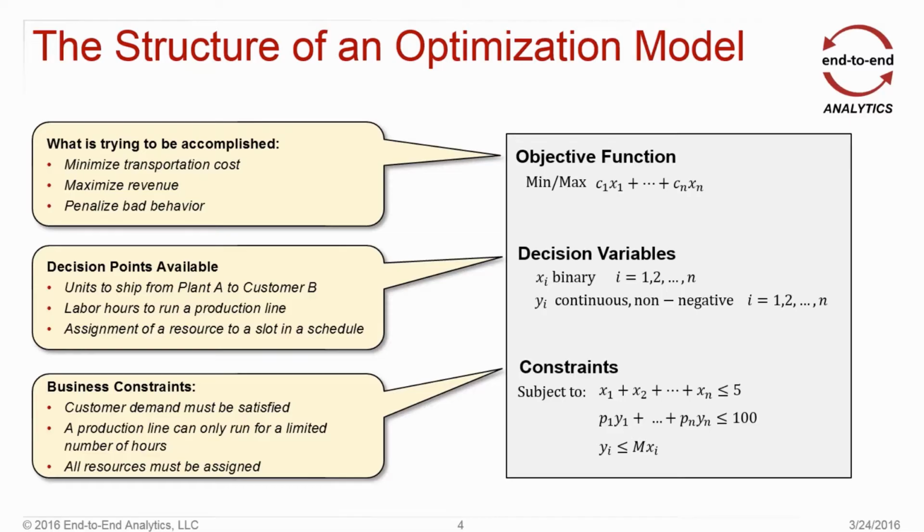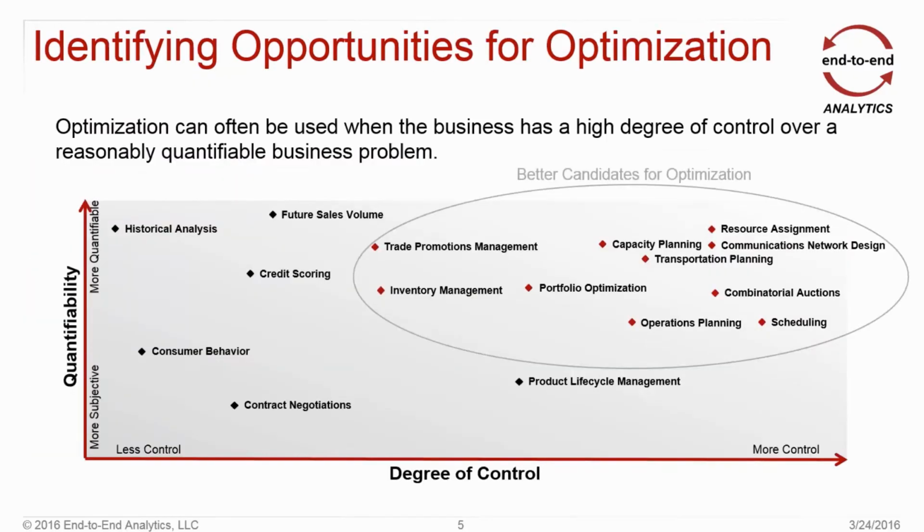So now that we've talked a little bit about the structure of an optimization model, this is still a fairly abstract structure. And we get asked fairly frequently, well, where can I use optimization? There are many, many uses for optimization, and it's hard to give one rule which is going to cover all of them. But when we think about where we can use optimization, we generally look at two different criteria. And if you are in the right place on these two criteria, there's generally a pretty good chance that you can use it to solve your problem.